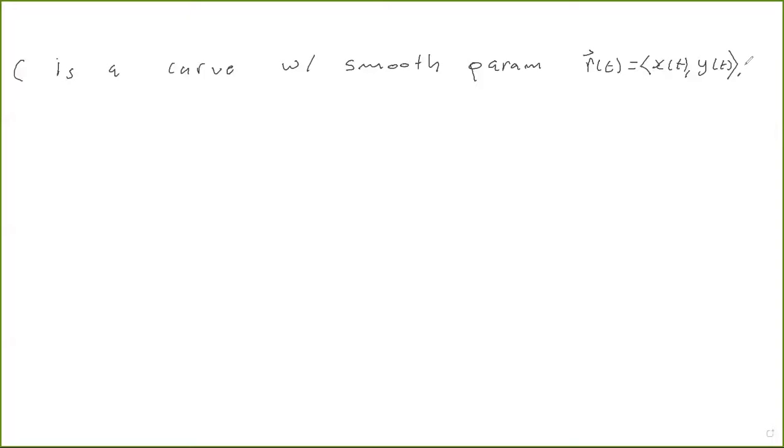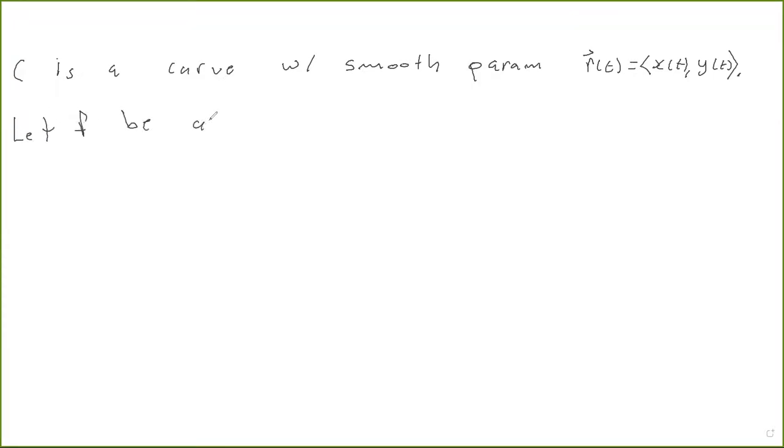Okay, and remember the smooth part just means that we can take derivatives of the component functions and that the derivative, in other words, r prime is never equal to 0. Okay, that's what smooth means. The smooth, again, just means that we can take derivatives, x prime of t, y prime of t, and that r prime of t is never the 0 vector. Okay, so let